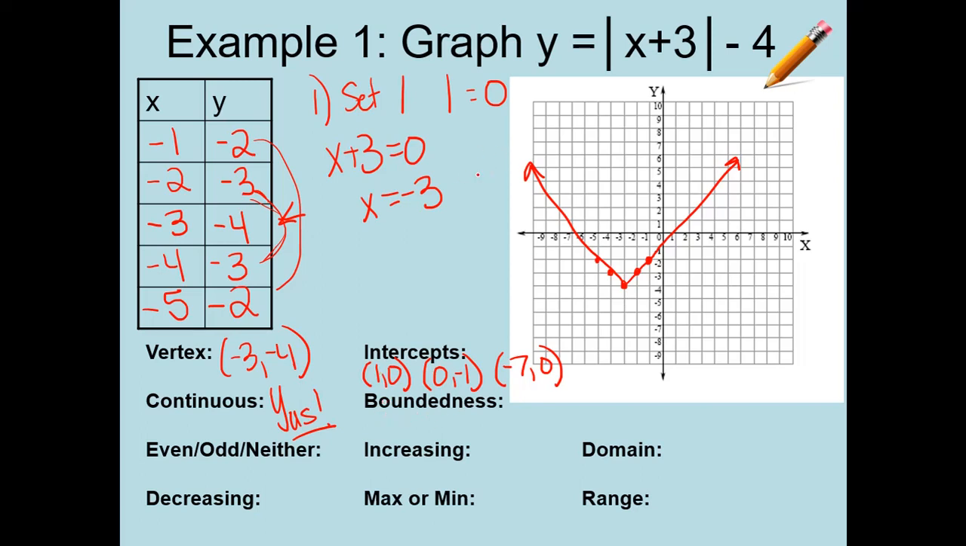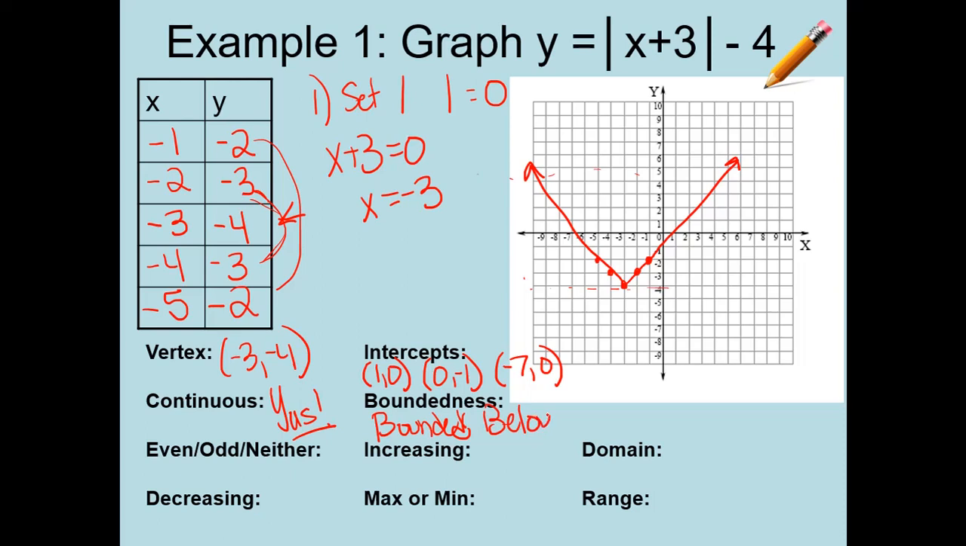Boundedness. Can I draw a line on top? No, right? Because the arms are just going to punch right through it. So, can I draw a line on the bottom? Yeah, right? There's a point on this graph that the graph does not go below. So I would say he is bounded